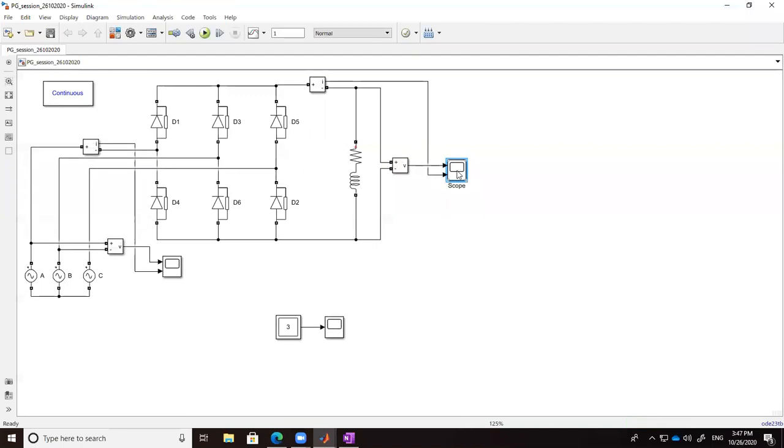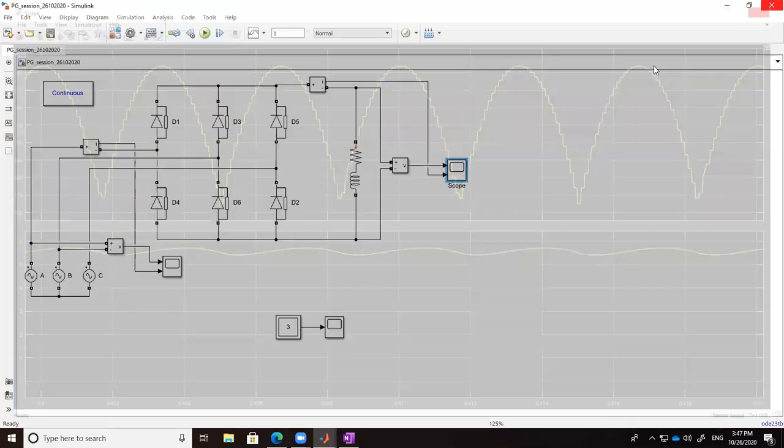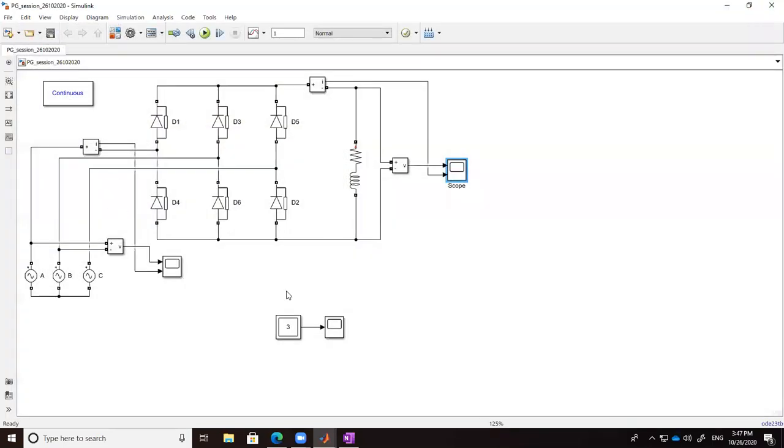So this is the output voltage and current with a 3-phase bridge rectifier and RL load. We normally study this at undergraduate level in electrical engineering, right? Now, I also need to have a look at the input side, because see what happens. This ABC is actually coming from a transformer or from a supply, right?